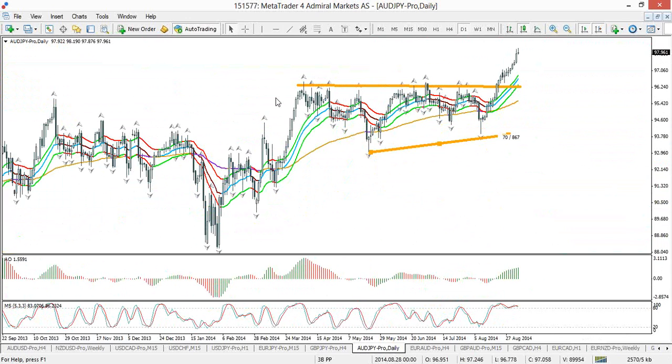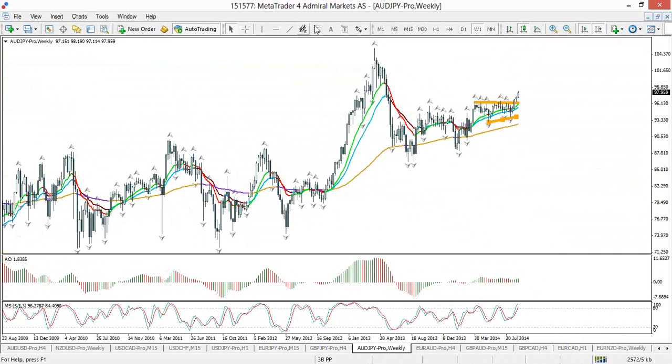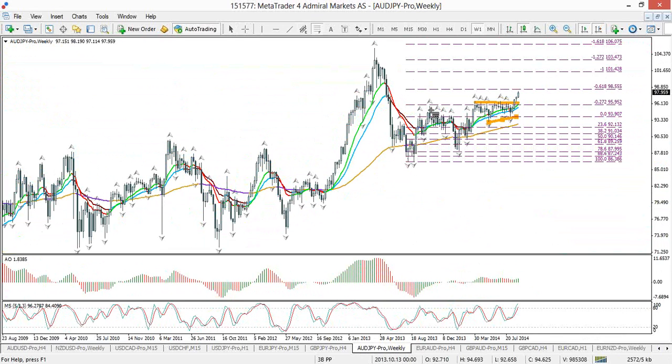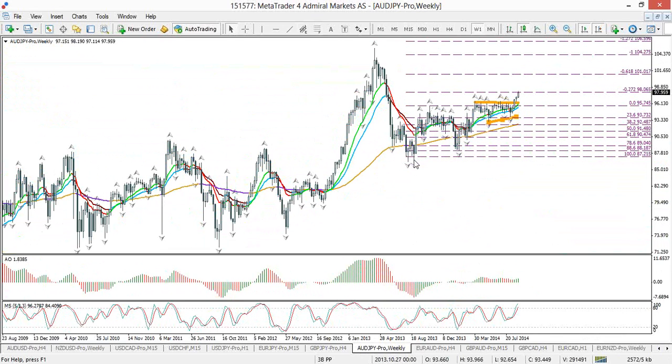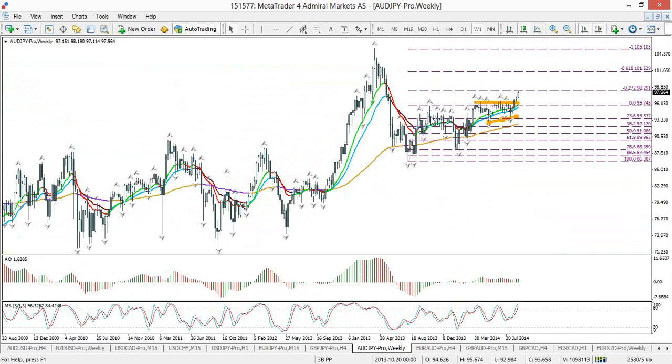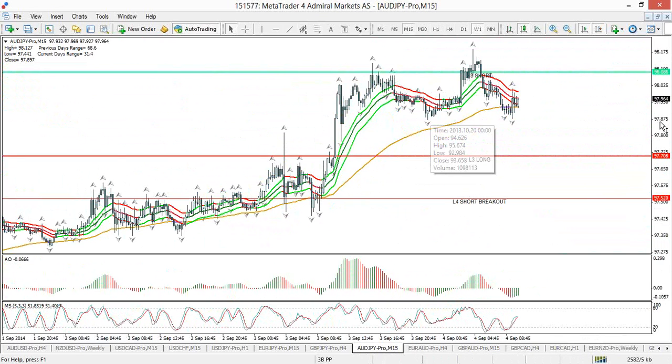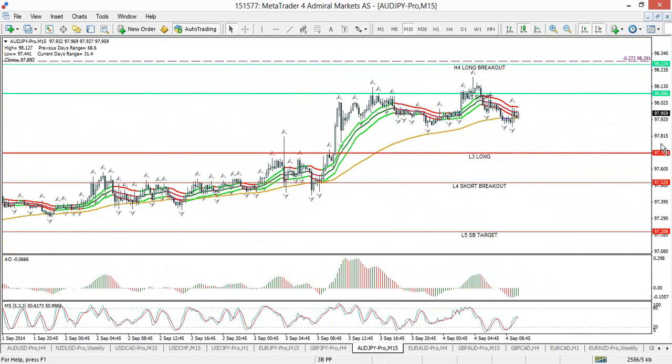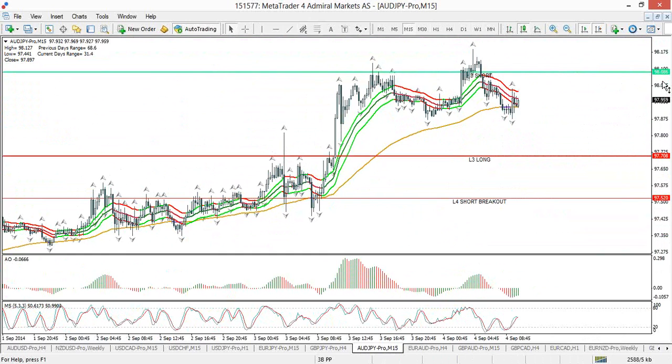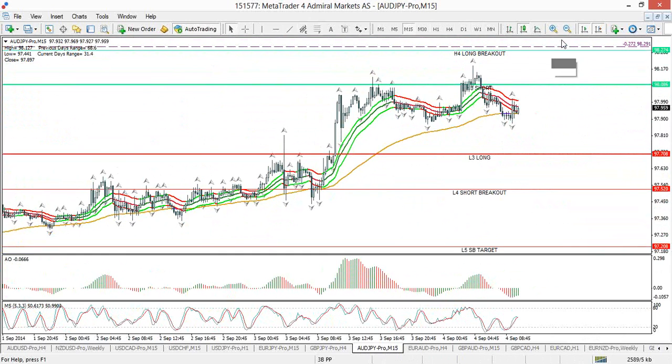Anyhow, after a break of that, moving to the upside. I'm not too big a fan of this Aussie yen. -272 target is very close by, so no, not that interesting. Let's take a look at